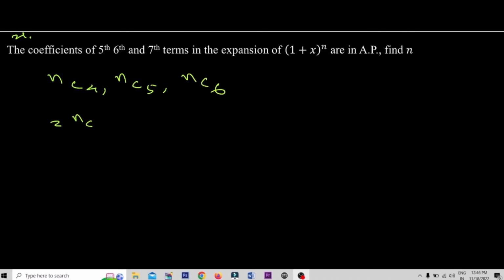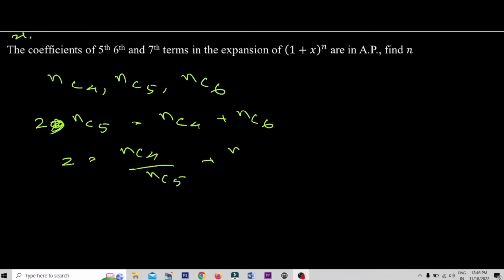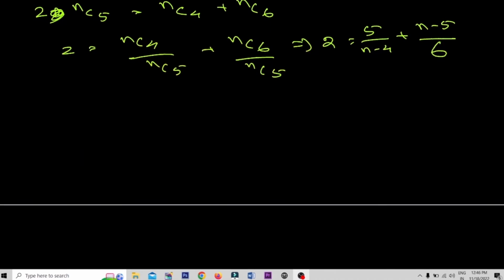Therefore, 2 into nC5 equals nC4 plus nC6. On dividing both sides by nC5, we are getting nC5 by nC5, which means 2, equal to nC4 by nC5 plus nC6 by nC5. Therefore, we can write this as 2 equal to 5 by (n minus 4) plus (n minus 5) by 6. If we calculate here, we are getting